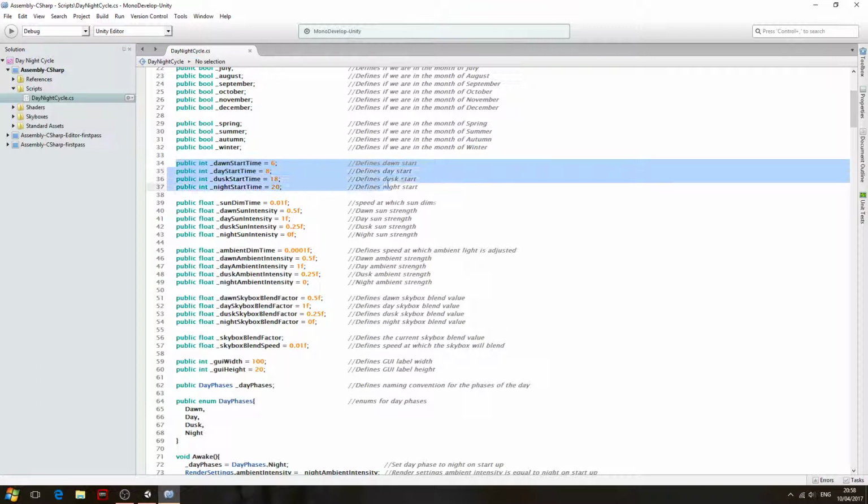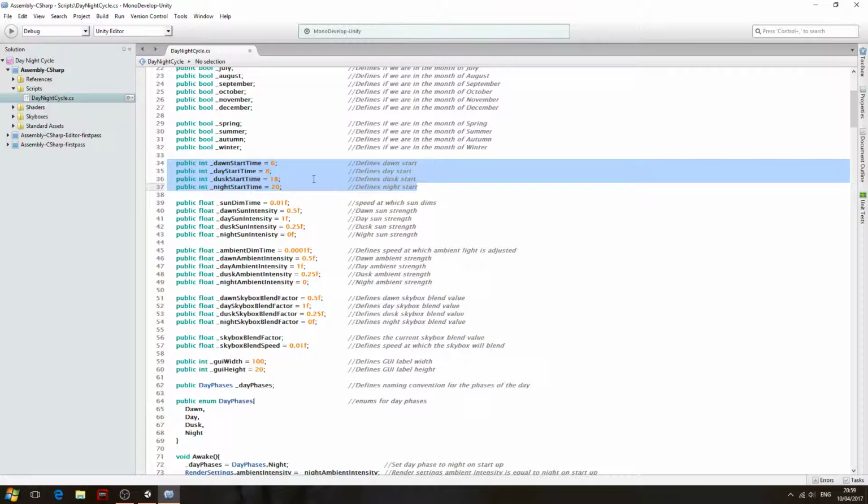So if we come here, we have a little bit of a problem for those of you that want your day-night cycle as realistic as possible. And that is that throughout the year, as you all know, the length of the day changes. Now, if you don't want this feature, you can skip this video. It won't affect anything else working or anything we're going to do at a later date. But for those of you that are wanting a realistic one, that's what we're going to begin setting up in